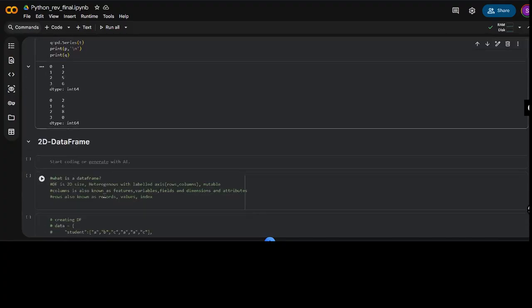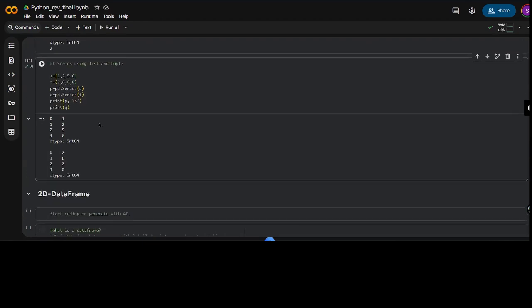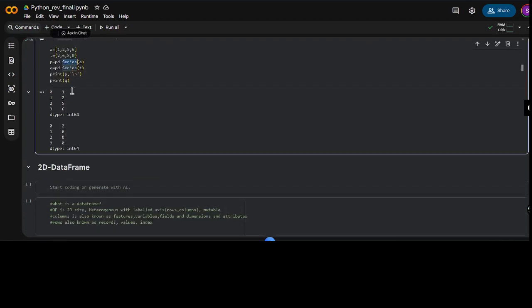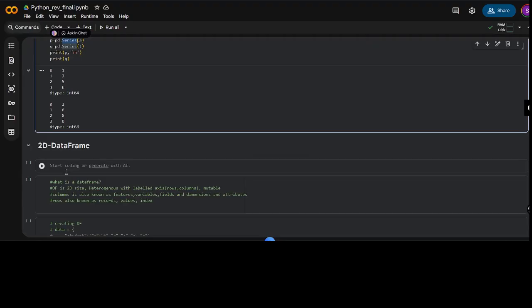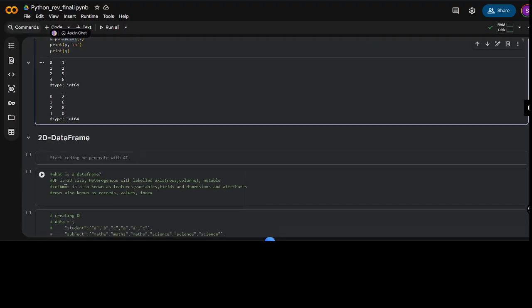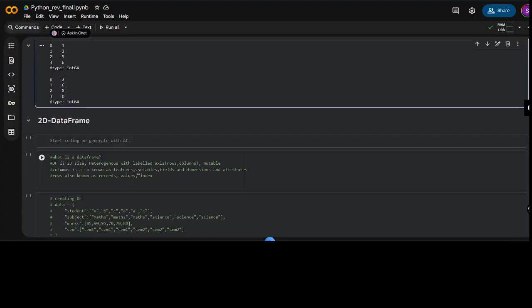Now the main thing starts: 2D data frames. These are nothing but series, 1D, one dimension; two dimensions are called data frames. Now, what are data frames? Data frames are 2D, or two dimensional, and they are heterogeneous. We have rows and columns here, and they are mutable, mutable in the sense we can change them. Columns are also known as features, variables, fields, dimensions, attributes, and rows are nothing but records, values,